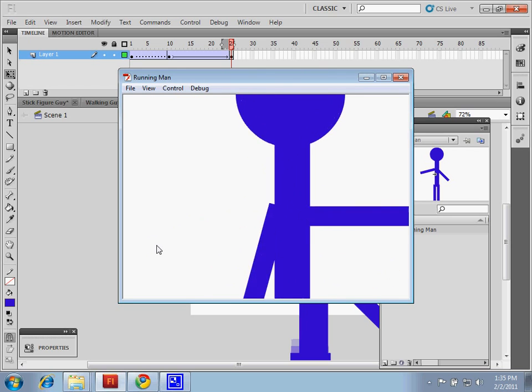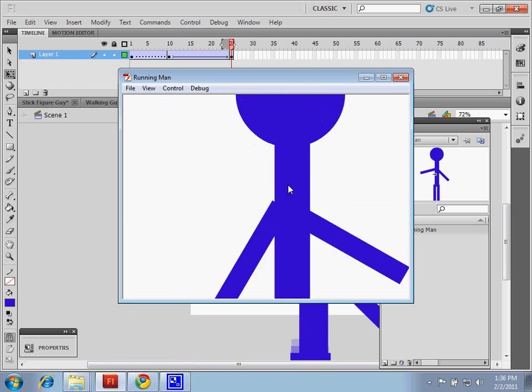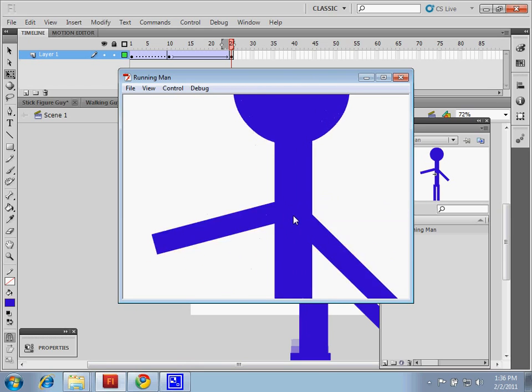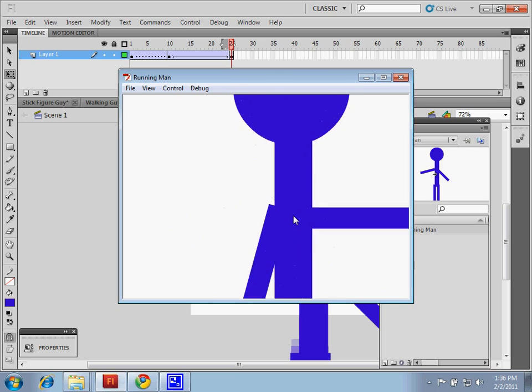So that's what I want you guys to do today. Don't use just a regular stick figure like me, but see if you can make something a little bit more creative. It doesn't have to be all elaborate, but I am going to choose 5 people